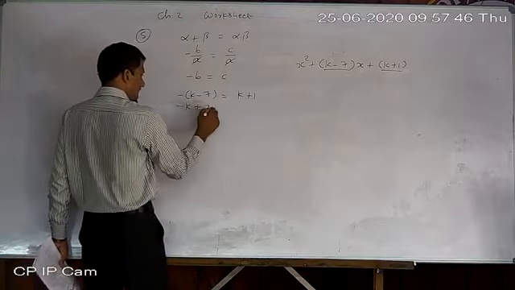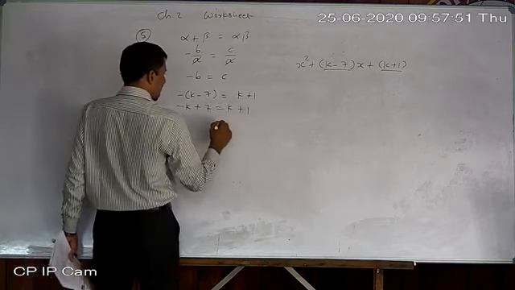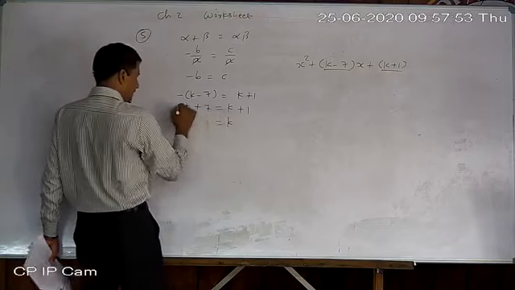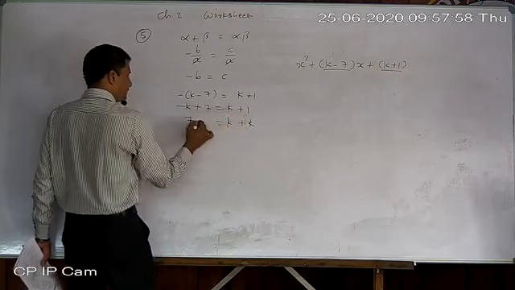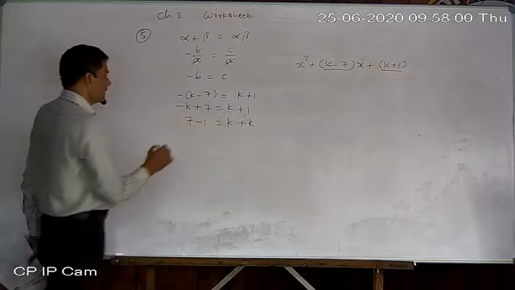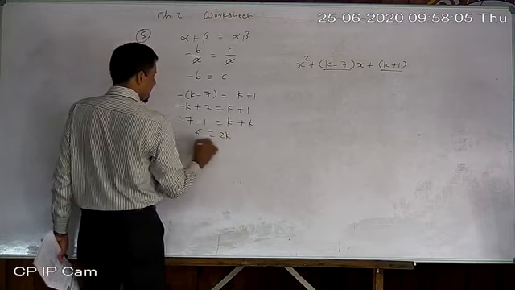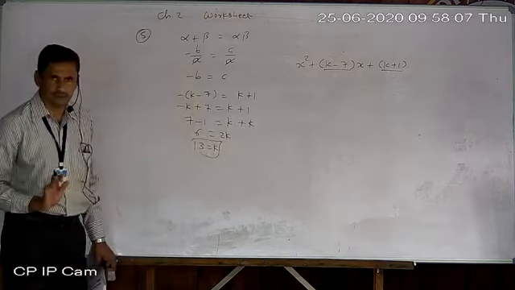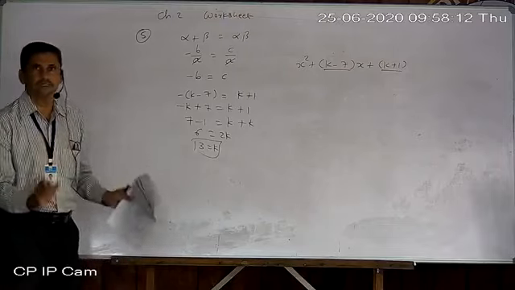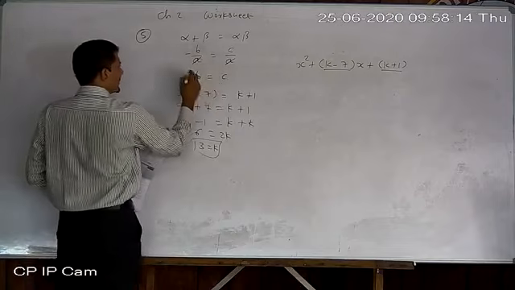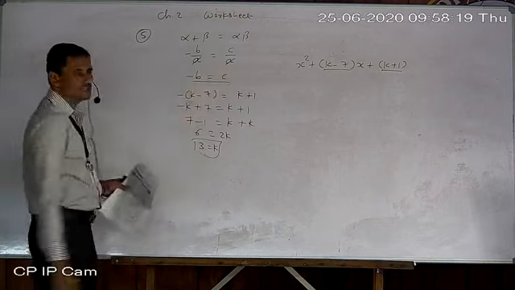Minus k plus 7, bracket open, k plus 1. Now I set this k here only; this k remains the same and goes to the right side. Now 7 was here only, and 1 came from the right side. So 6 equal to 2k, so 3 equal to k. So remember, just understand the question. Nothing is difficult. What is the condition given? That the sum and product of zeros are equal. So we conclude that minus b equal to c, and accordingly we just place the values given in the equation.